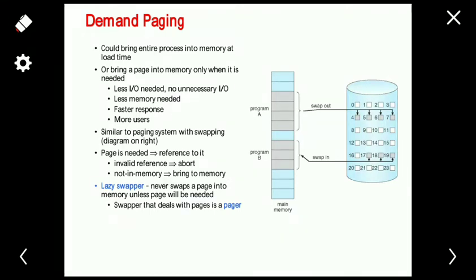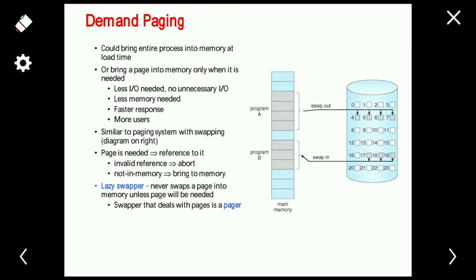So here if the page is needed, then we make a reference to the particular page. That means we have to check the main memory. If there is an invalid reference, then abort that search. Or else if it is not in the main memory, then bring it to the main memory from the secondary memory. If a bit is present in the main memory, then it is said to be a valid bit, or else it is said to be an invalid bit. If there is an error in the address, then it is also said to be an invalid bit.